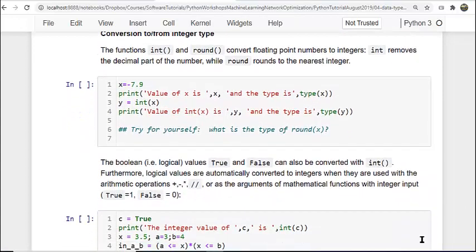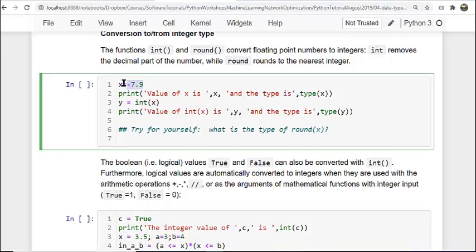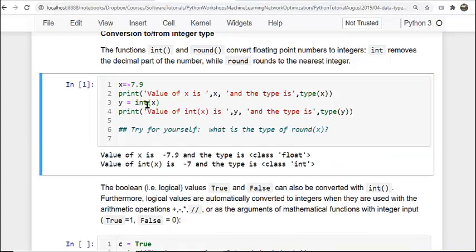You can change the type of variables. This x, what type of variable is this? Float. Now if I change it to integer, it's going to take that number and it will take the integer part. But in fact, it's not the floor. This rounds towards 0. You see, if I tried this,